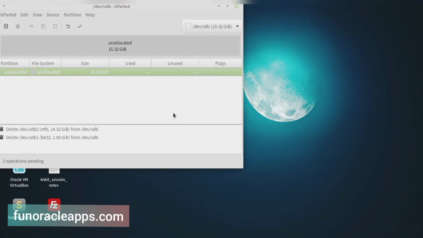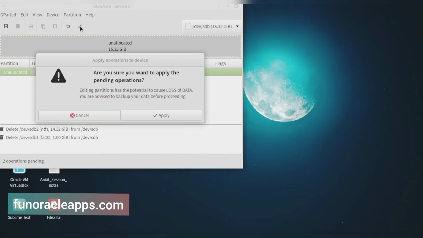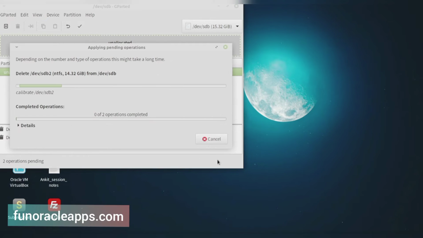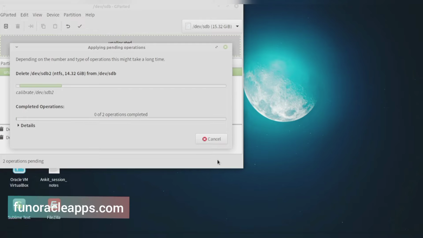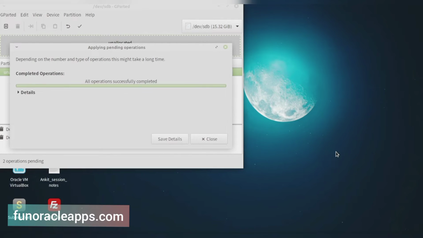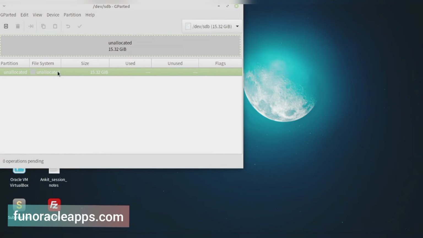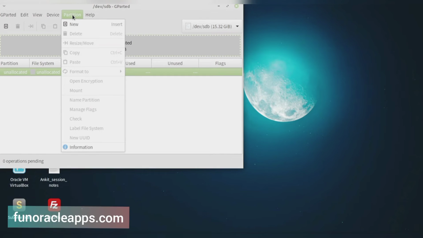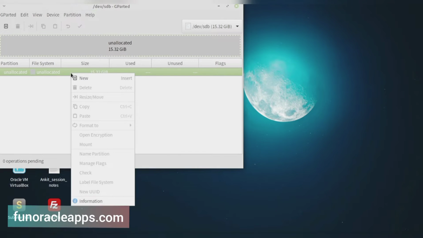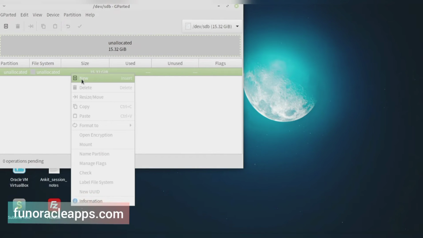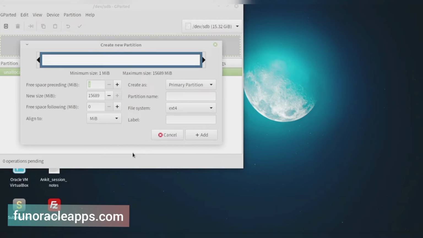So both are deleted. I will click the checkbox, apply, and close. So the partition is deleted. It is an unallocated partition.